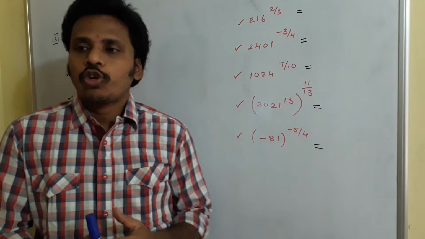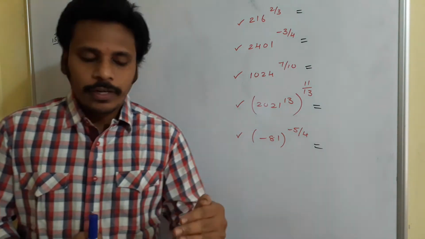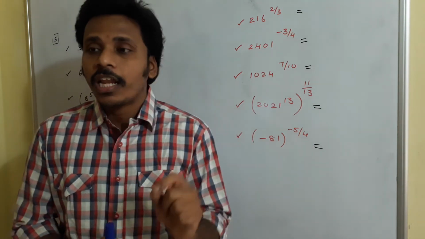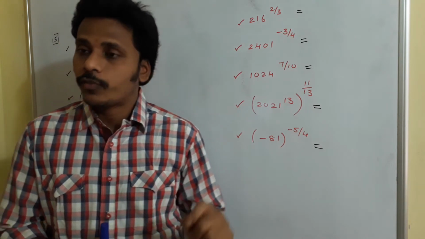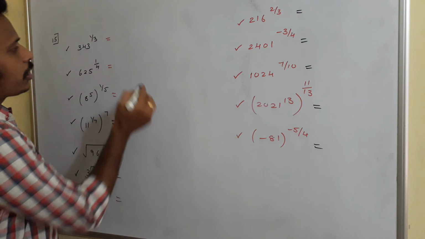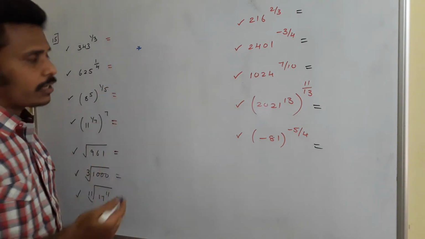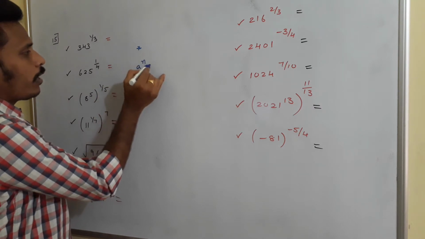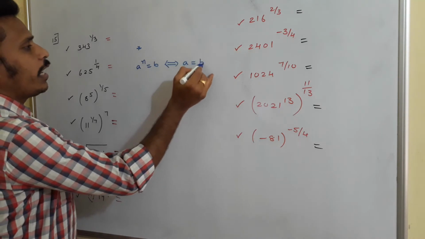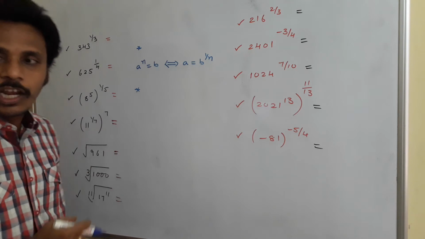Exponents. As a part of exponents, we learnt exponents with natural powers, exponent with power 0, exponents with negative integers as powers, and in the last class I mentioned exponents with rational powers. There I mentioned different laws of exponents related to the exponents with rational powers. One thing is, if a power n is equal to b, then we can rewrite a as b power 1 by n. This is one logic which we discussed in the last class.